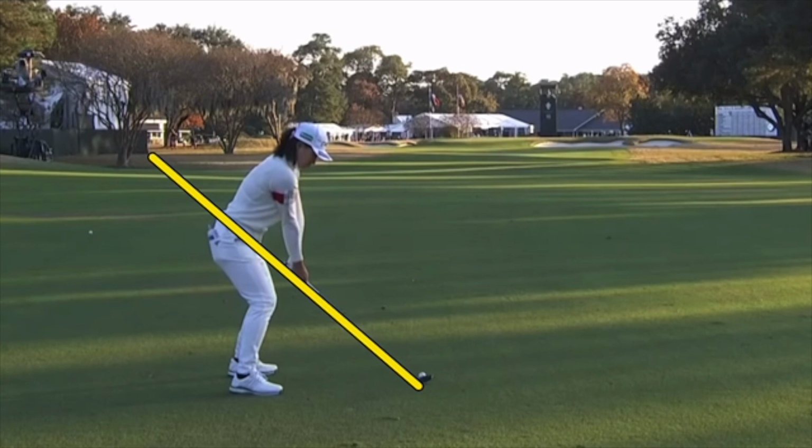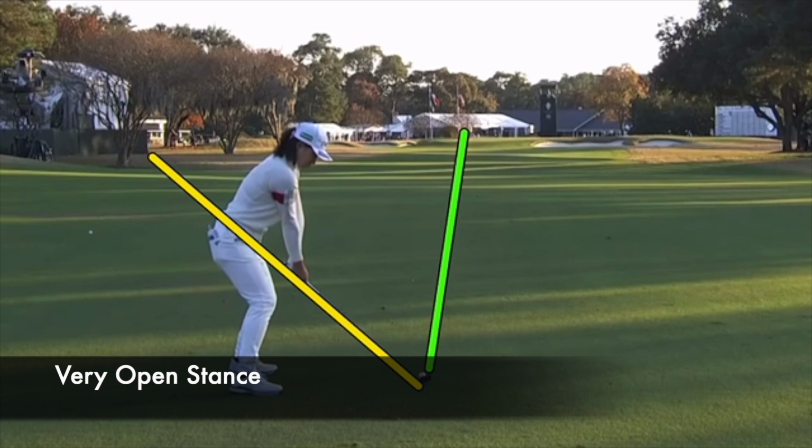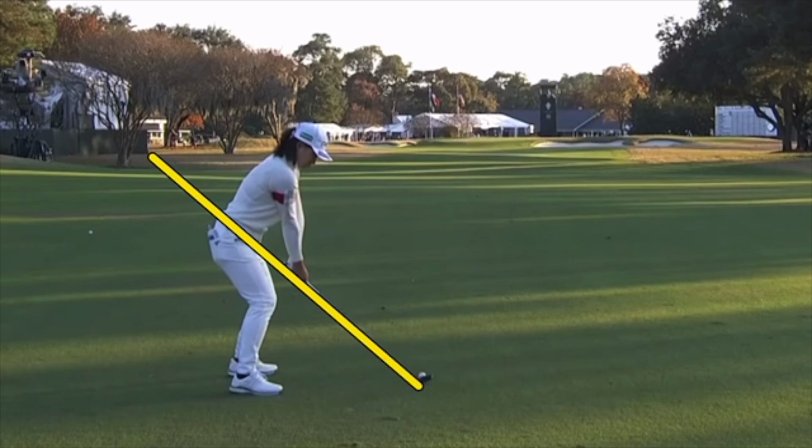First and foremost, the target for this shot, her target line, is somewhere in this line here. And you can see she sets up with the feet in the stance quite open, way over to the left. And in some cases that will serve her well, but in other cases it will actually send the golf club out sometimes for her. If she comes out of her posture, it sends that club out this direction, and she starts to over curve the ball right to left. Get some hooks in there, and so we'll see. Certainly in this round, from these videos, she had some hooks going, and we'll see how she finishes off this